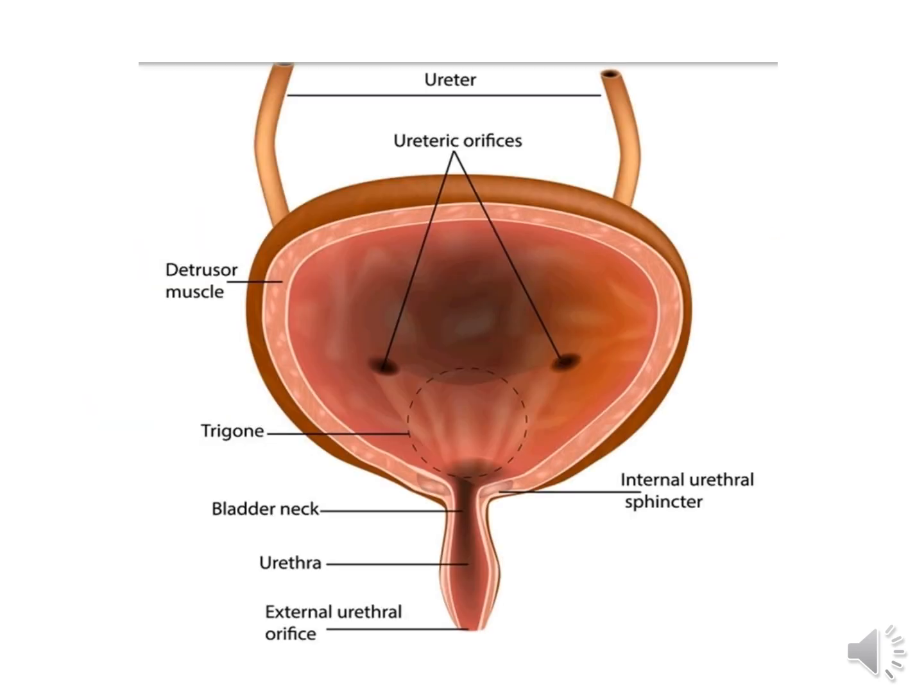So in this picture, we can see the ureters entering into the posterior lateral wall of the urinary bladder. And in the urinary bladder, we can see the presence of detrusor muscle, which is the smooth muscle layer of the bladder. And we can also see there is trigone, which is present in the posterior inferior area of the urinary bladder wall, which is formed by imaginary lines that connect the two posterior ureteral openings and the anterior urethral opening. There is also presence of internal urethral sphincter and the external urethral sphincter.